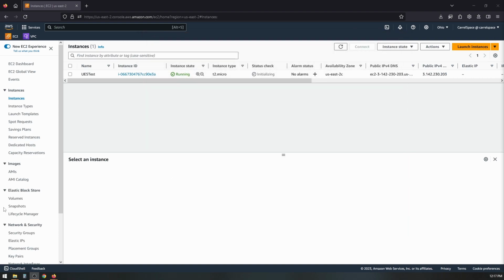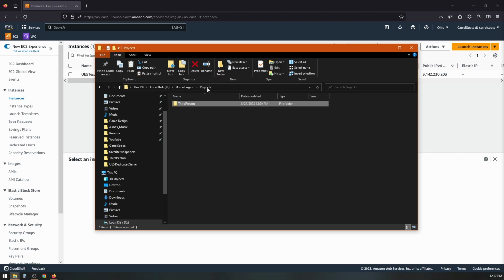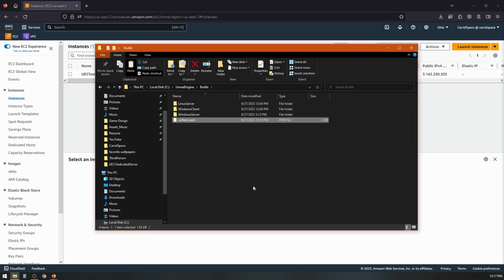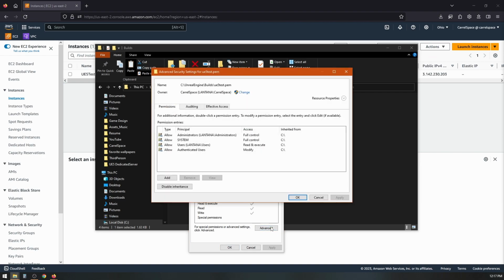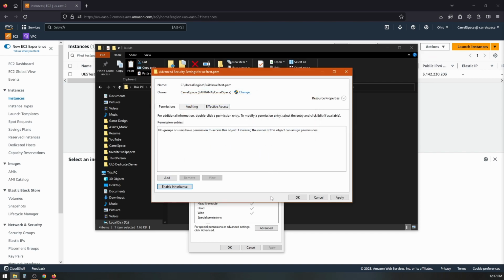While we're still waiting, let's go ahead and move that PEM file from our downloads folder into our build folder. Before we actually use this PEM file, we will need to change some permissions on it. So right click on that PEM file, select properties. In the security tab, click on advanced, disable inheritance, remove all inherited permissions on this object,